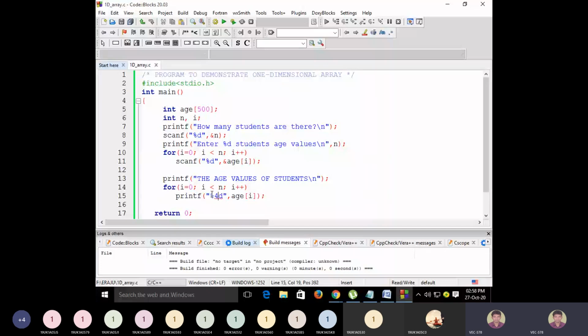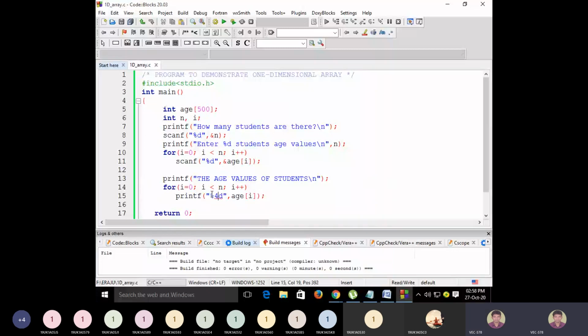Okay, so how can I identify? Now I know all the students' ages. Now I want to find out who is the elder student and who is the younger student. How can I?